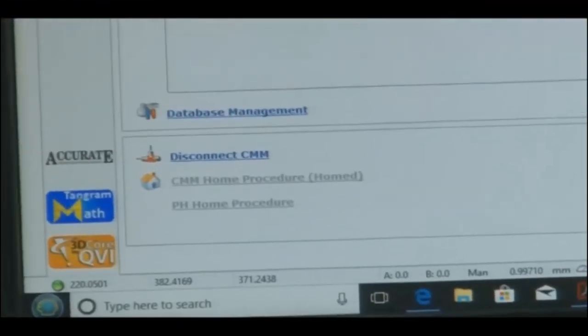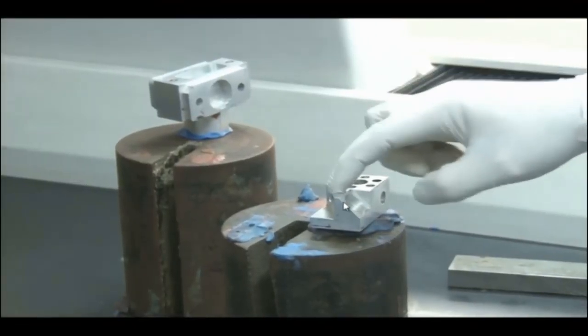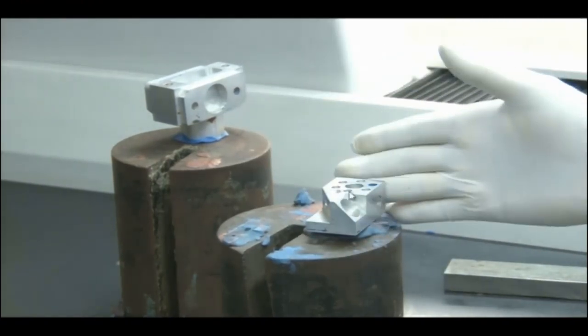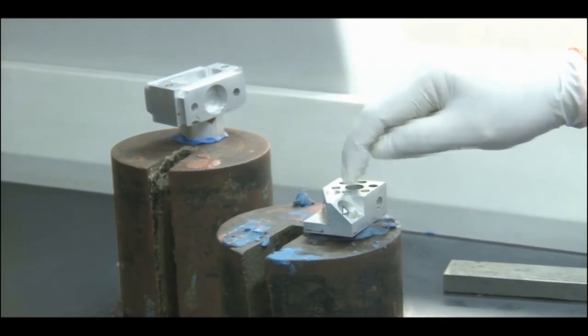Okay, the screen opens. So first we take the reference system. Then we take 3 points on the top plane, 3 points from the other plane, and a cylindrical point from a region. Then we select the plane and move the joystick. So this is our workpiece, the features of which we are going to measure. We will take 3 points on this plane, 3 points on this plane. So this is our cylinder. What is this plane? This is the zy plane. This is the zx plane. What is this top plane? This is the xy plane. Okay, so we have selected plane 1.